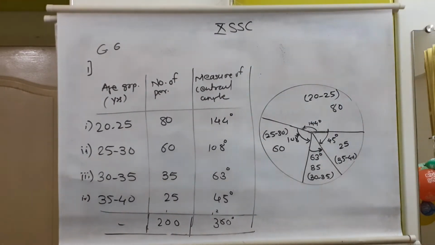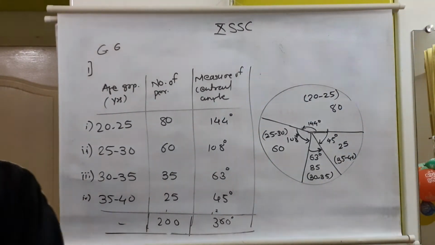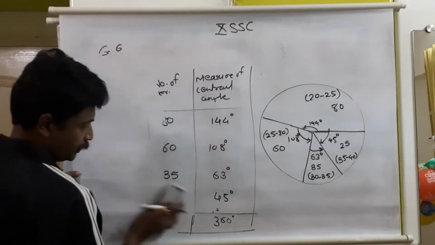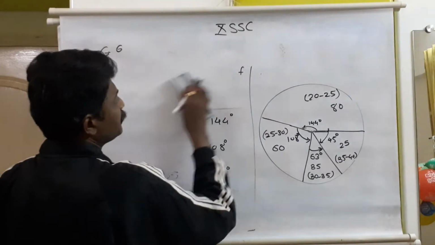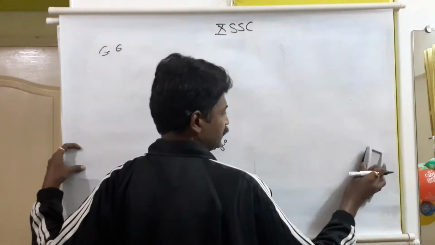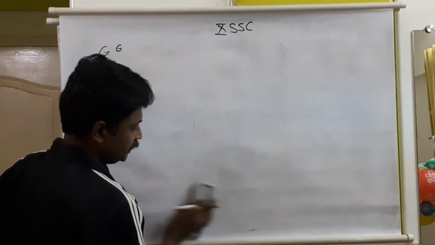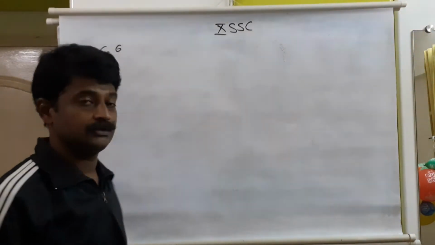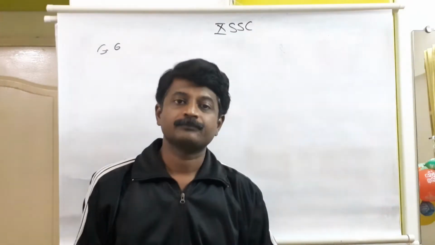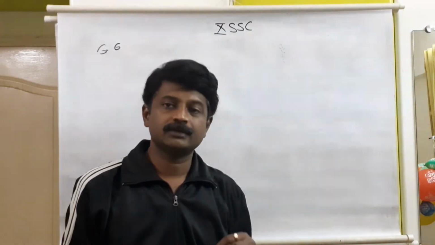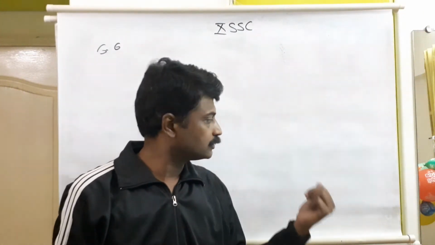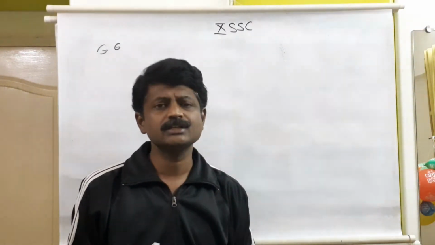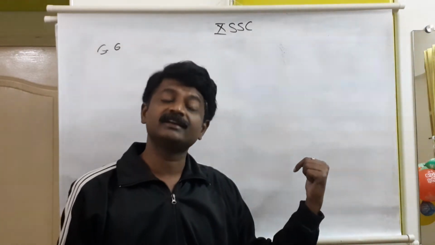Let us continue with question number 2 of 6.6, which is again related to the pie diagram. I hope you people understood it. Pictorial representation of statistical data: one of the methods is to represent it by a pie diagram. In cricket, this is mostly used when the batsman is playing and scores a century or more, or a half century. The runs are shown in this way between 2 overs in a very short time, and we easily understand it.